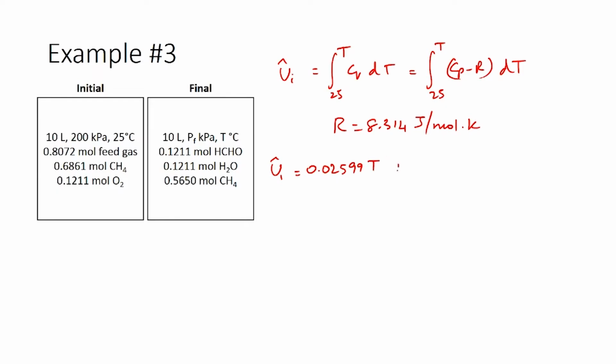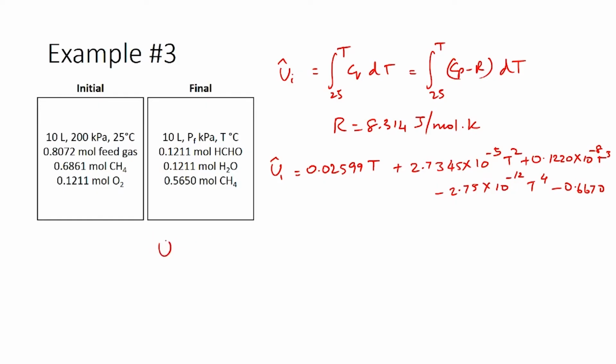0.02599 T plus 2.7345 times 10 power minus 5 T squared plus 0.1220 times 10 power minus 8 T cube minus 2.75 times 10 power minus 12 T power 4 minus 0.6670. This would again be in kilojoules per mole. Similarly, you can get U2 cap as